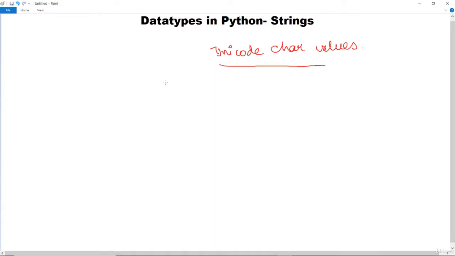That means in print you can give the values either in double quotes or in single quotes. To access the values of a string, we use indexes and square brackets.